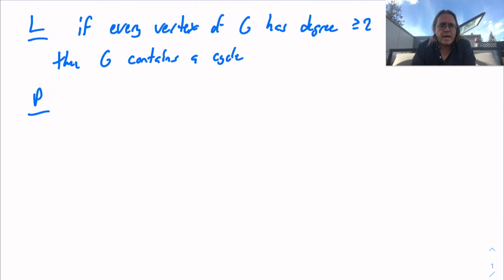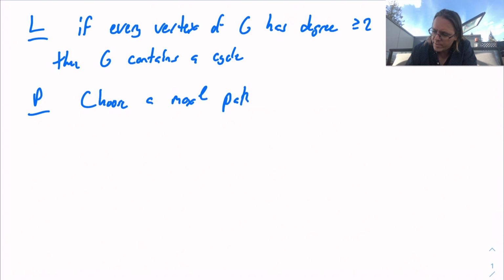Let's choose a maximal path. Once again, I'm looking for a cycle in the graph. A path plus an edge would give you a cycle. So let's choose a path, and let's choose one that's maximal. The nice thing about a maximal path is that it always exists. So let's choose a maximal path P of G,